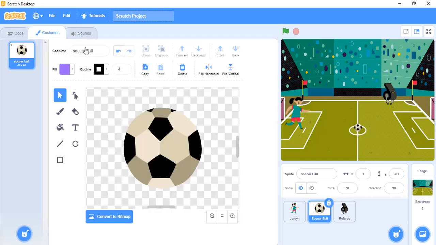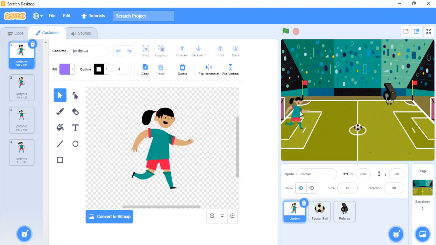Okay, so let's go to Jordan. So I want Jordan to start there, but we want Jordan to start with her arms like this, waiting for the ball and then waiting to run. So we're going to start with Jordan D. So we're going to go to the code,